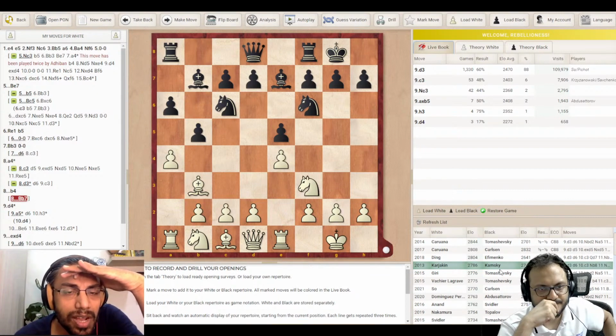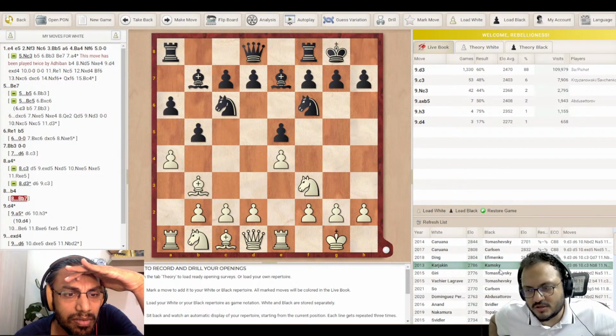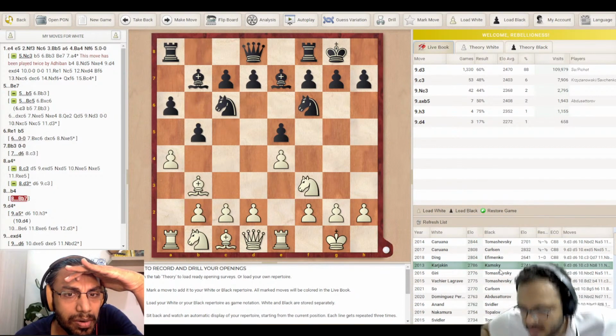Then why a4? The a4 move has to make sense, no? No, a4 was just played to avoid the Marshal, basically. Okay, got it. So sometimes the opening moves are just to avoid something. So here,